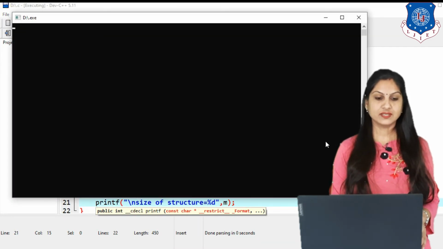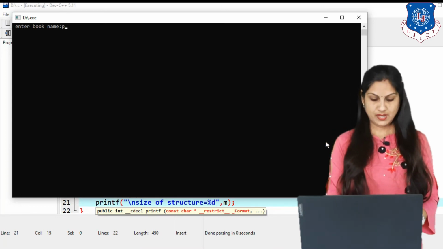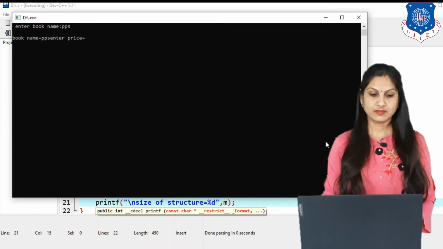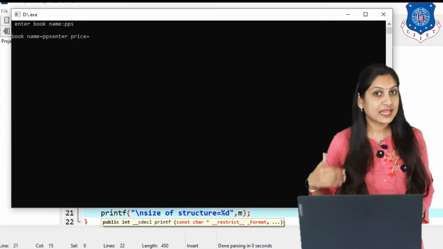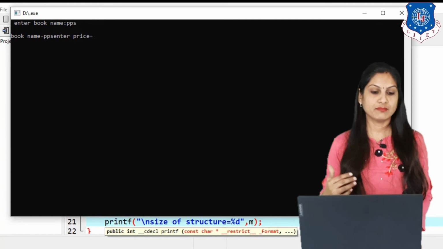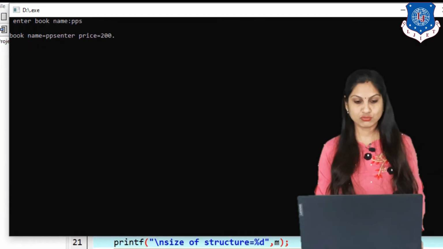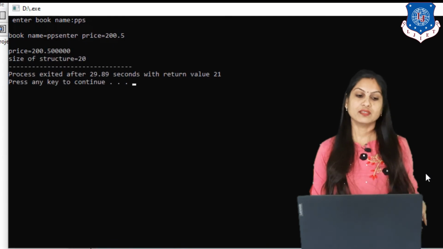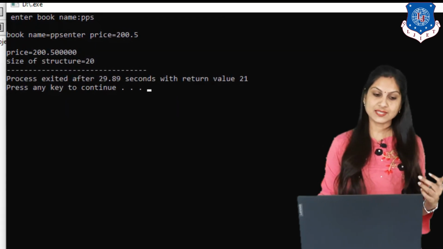Now the message is: enter book name. I am entering the name PPS, then the book name will be PPS, and then the second member will be accessed, and the message is enter price, and then we enter the price, suppose 200.5. Then the price is also correct, that is 200.50, and the last one is what?